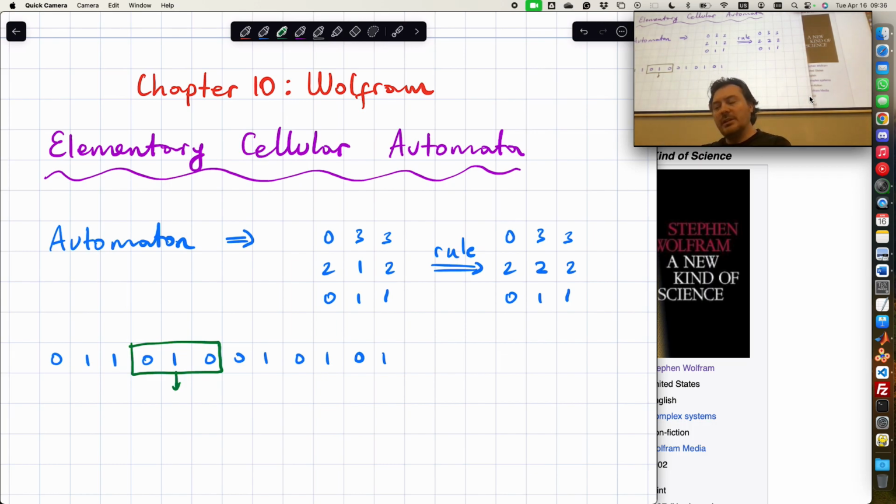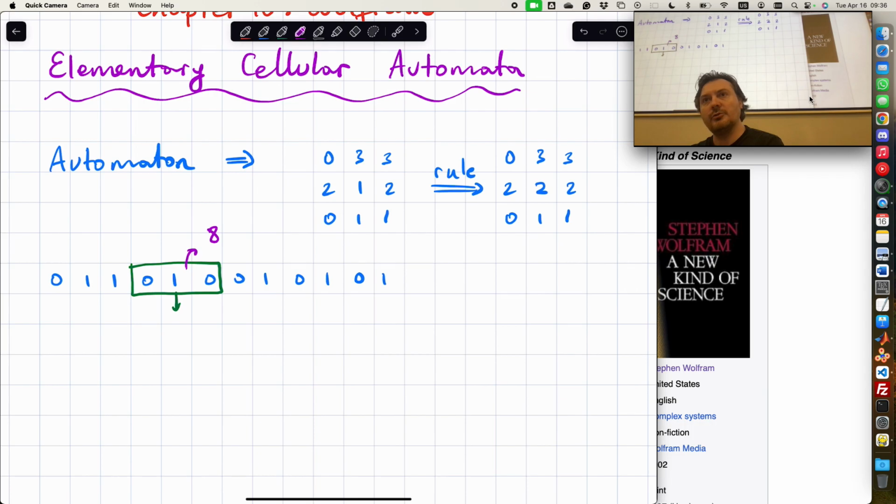So you need a rule, right? How many possible states do we have here? How many different possibilities can we have in those 3 boxes? 8 possibilities, right? Could be 0, 0, 0, 0, 0, 1, etc. 8 possibilities.